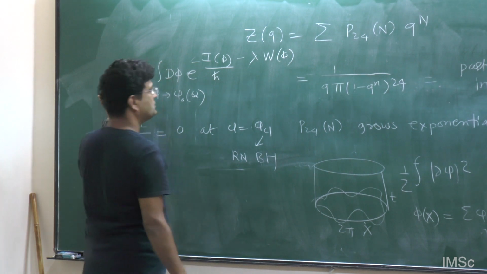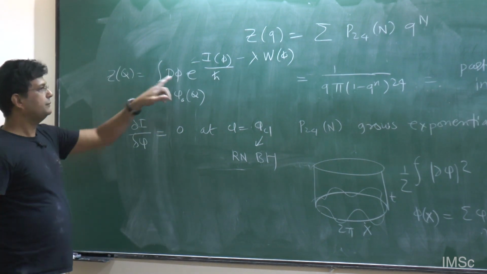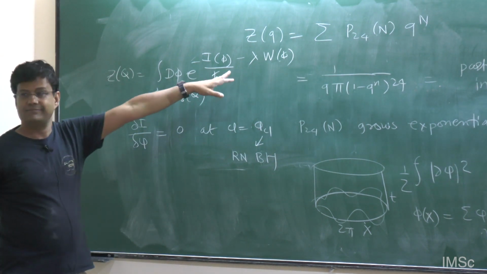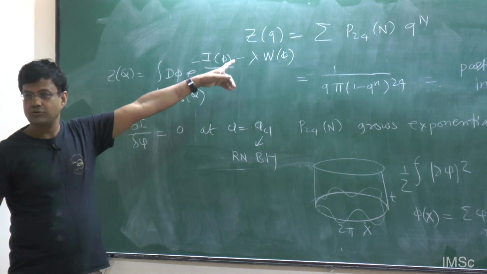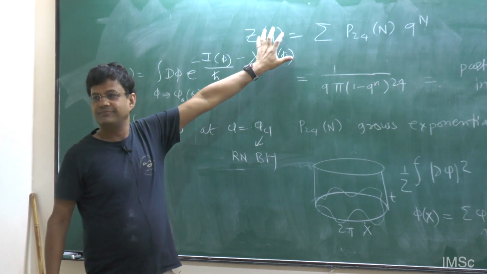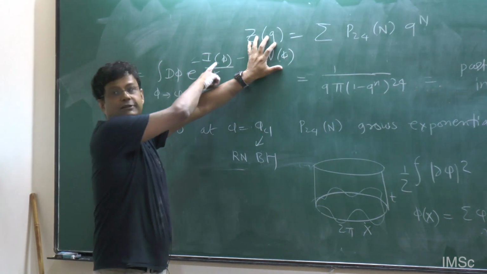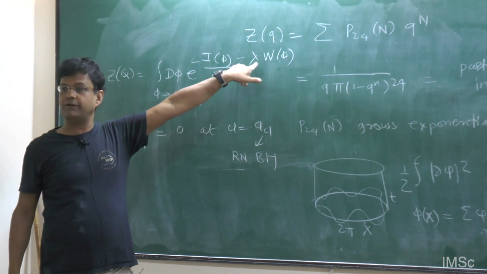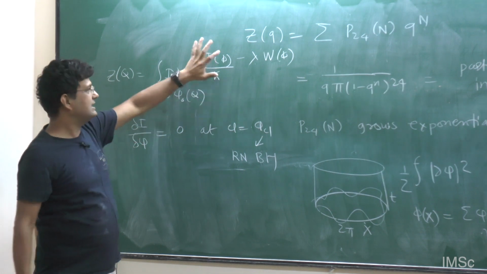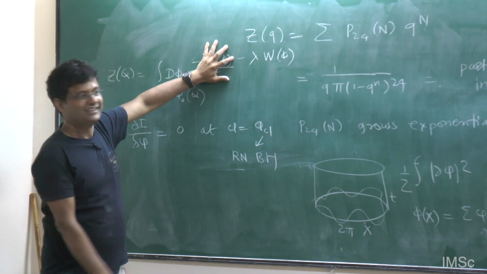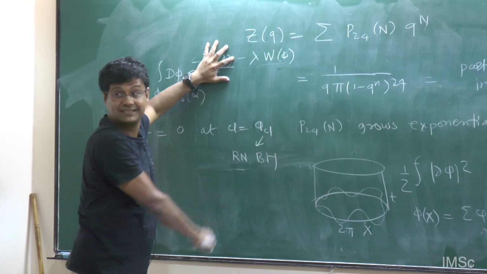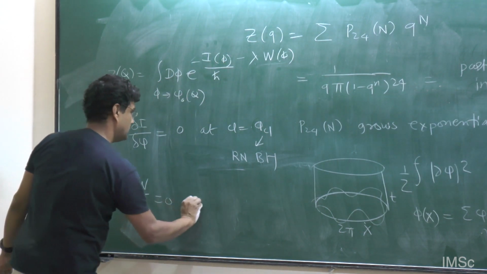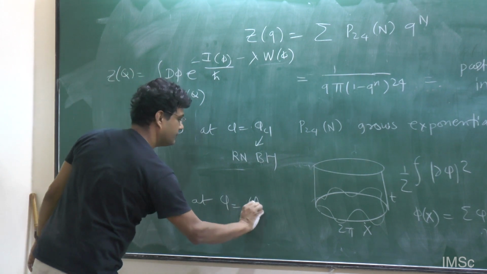In localization using supersymmetry, what you can show is that if you add a specific W of phi, then this function is independent of lambda. And your original function is lambda equal to 0, because if you put lambda equal to 0, you get the function that you want to evaluate. But now since it is independent of lambda, let me evaluate it at lambda equal to infinity. Then this term is just a small correction, and I do the saddle point evaluation of this. So I have a different saddle point. Let me call it phi localization.